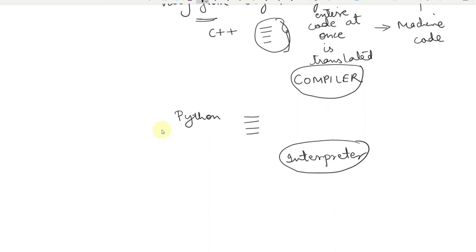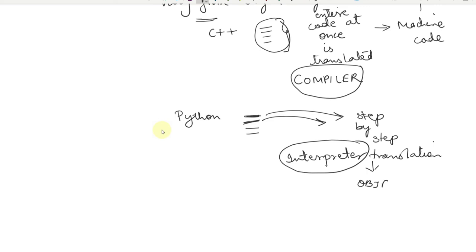It reads one line at a time and does the translation. Then the second line and then the translation. It follows the method of step by step translation into the object code. So this is how an interpreter works.